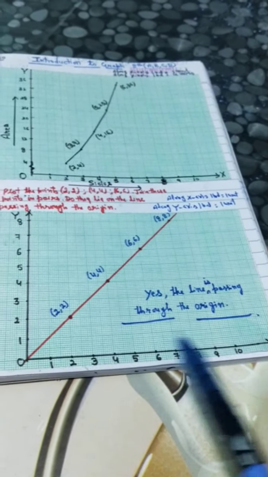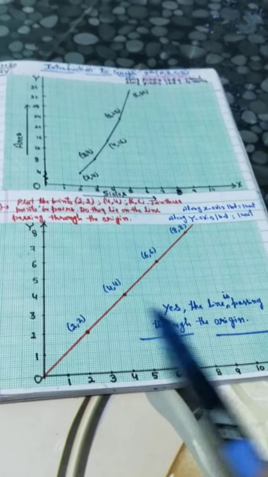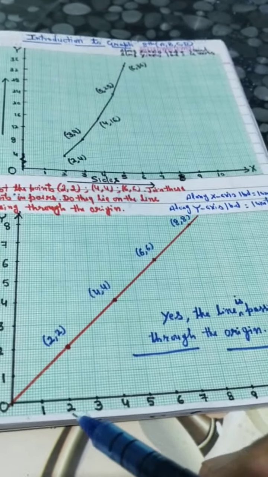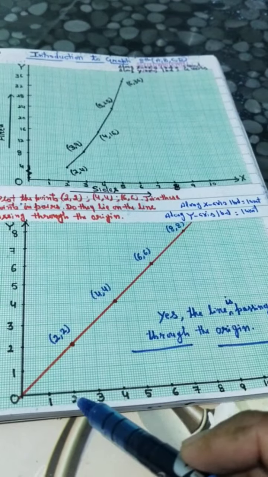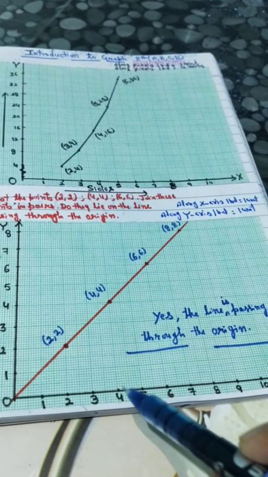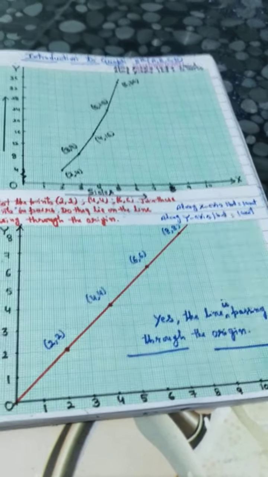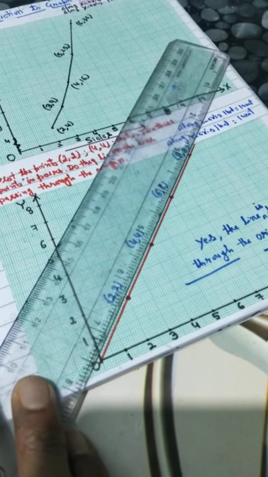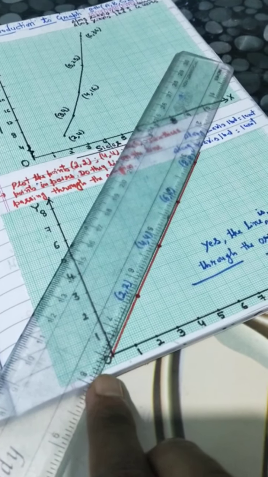1 2 3 4 along the x-axis, 1 2 3 4 along the y-axis, and both x-axis and y-axis meet at point O. O is called your origin. Now first, if your x coordinate is 2, then y is 2. Join this, this is 2 2. Then 4 4, 6 6, 8 8. Now if we join all these points, they make a straight line. And if we move to the left-hand side and right-hand side, it joins your origin.